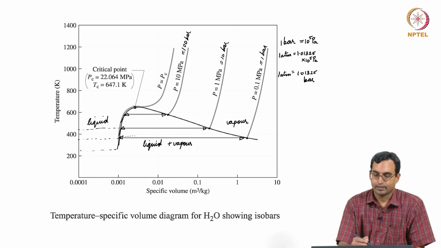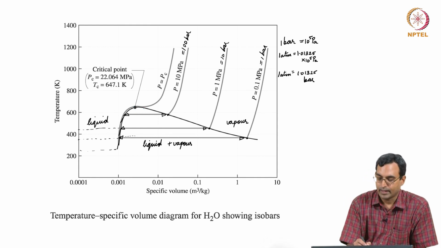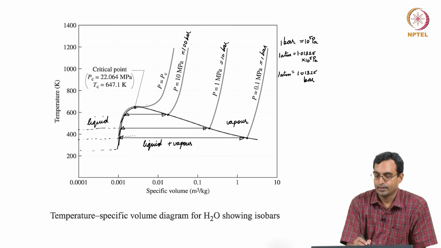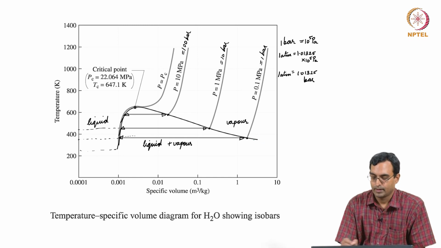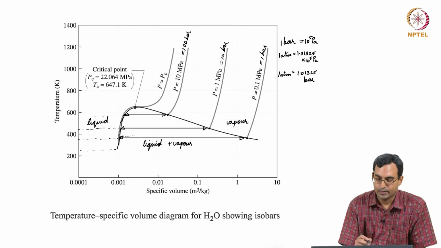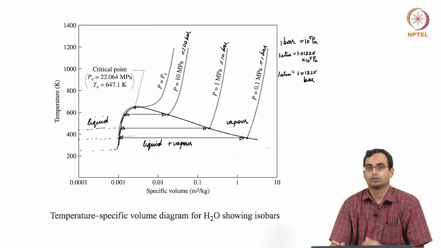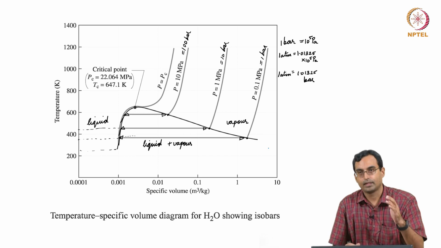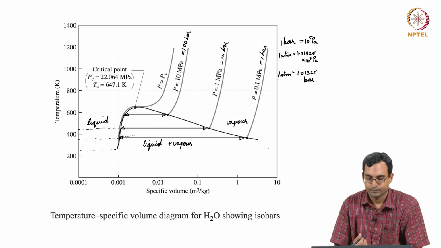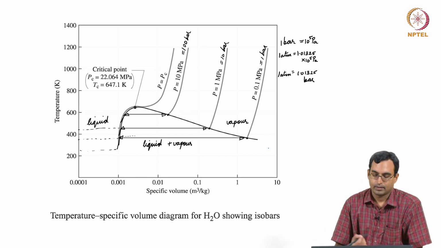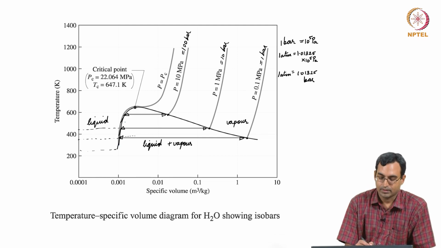There is also another interesting thing over here. If you look at this line, which is the vapor line, we see that this line is shallow. If you look at this line, we see that it is steep. So, this curve is not symmetrical. One side of this curve is steep, the other side is shallow. So, what we see is, as you increase the pressure,